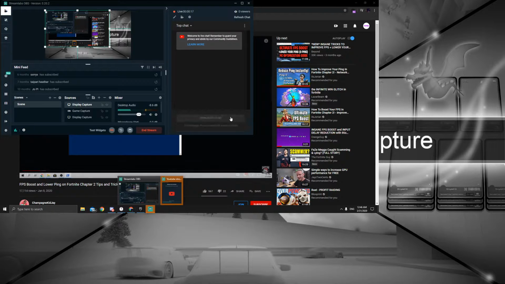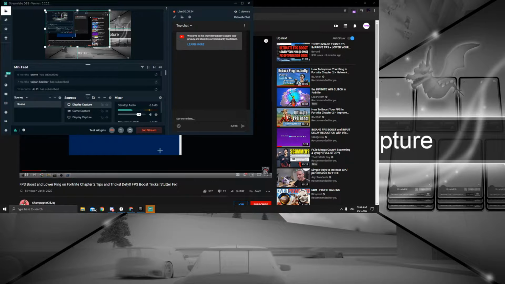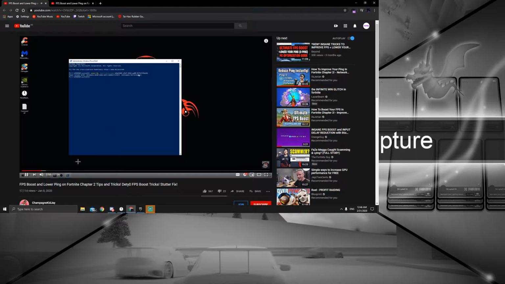Copy that and go right there, paste it, and you're gonna press enter. Once you press enter, you're gonna see something like ultimate performance here. That means you have created a file or you have created some settings